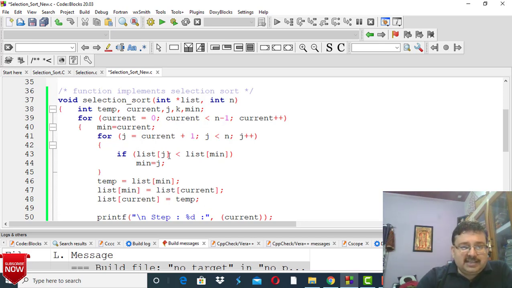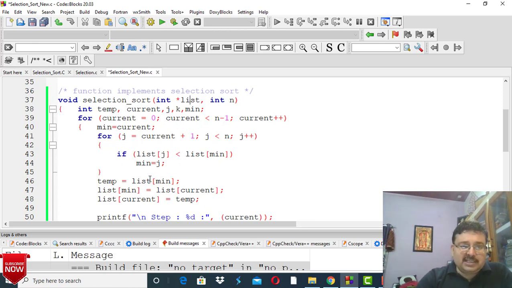If the element at j is less than the assumption, which is the element at the minimum position, suppose 0 is minimum, then we will change the value of the variable minimum. Now it is j. If it is not, then we will go to the next element. Clear? If it is less than this, then minimum is equal to j, then again go to the next step.